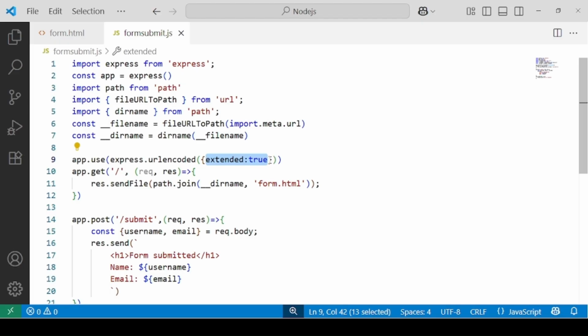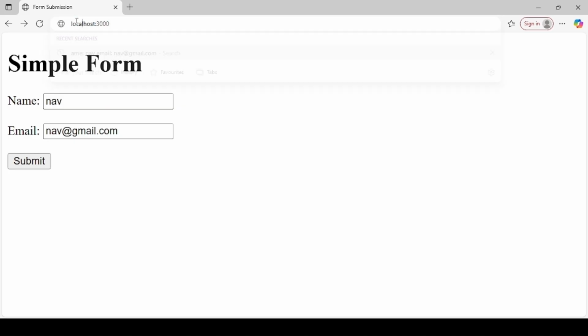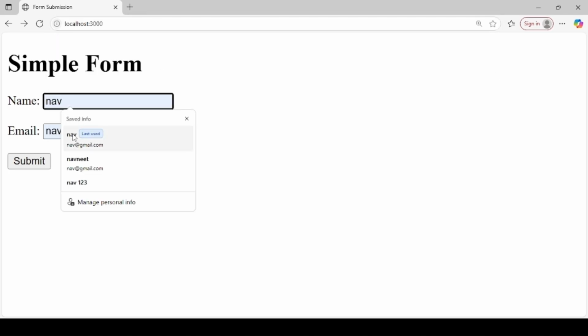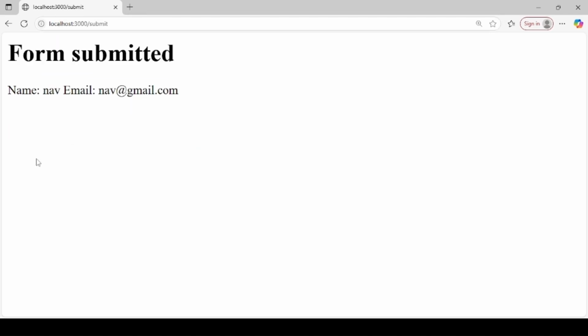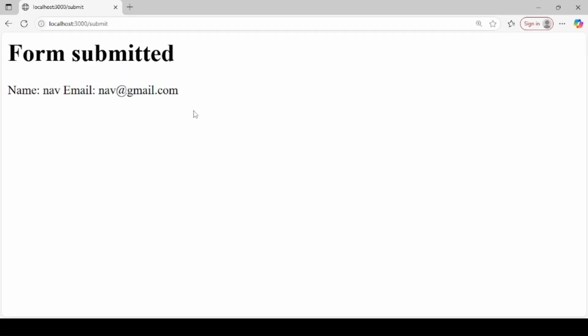The reason is, this is only if in case you want to handle complex data structures or objects. Otherwise it's not required at all. So as of now, you can get back to the browser, check your result again. Fill in some data, you submit, and now you have submitted the form, and you can also see there are no more query parameters.